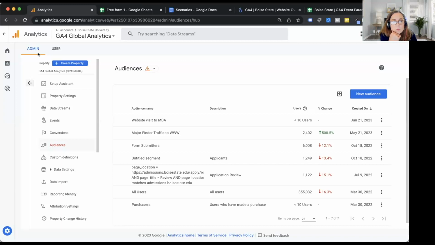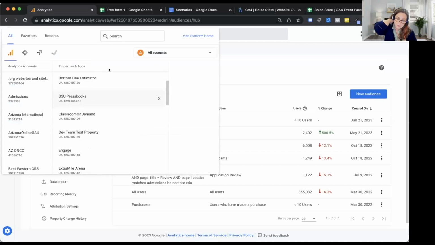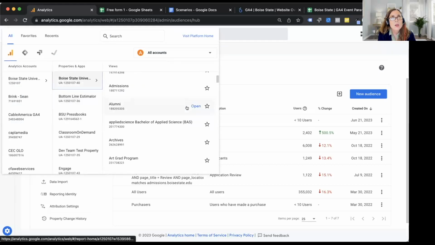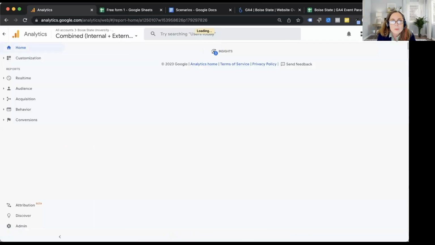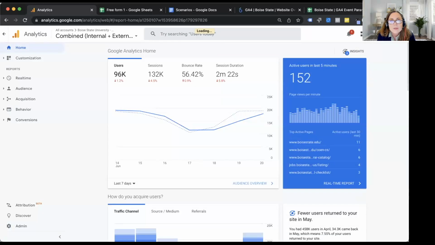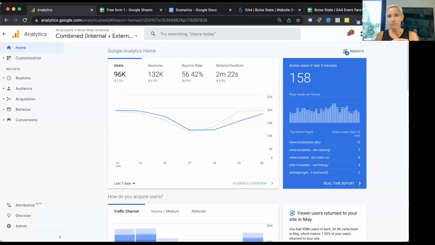When you say historical data, you mean before GA4, like GA3 historical data? Correct. And Shad, I remember being on a call, did you say that we've had GA4 implemented for a while, so you've been collecting data since when? I think it was last June. Last June. So that historical data is going to be there because we've had GA4 since last June. That's correct. So if you're in GA4 and you do want to do a year-over-year analysis, you will be able to do that as of July 1st.